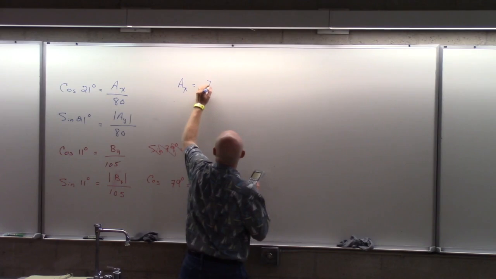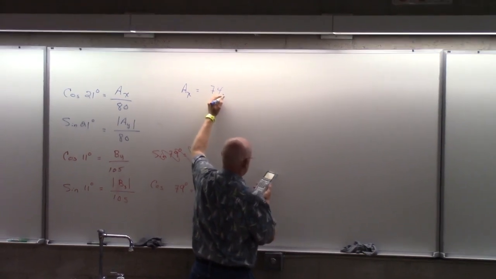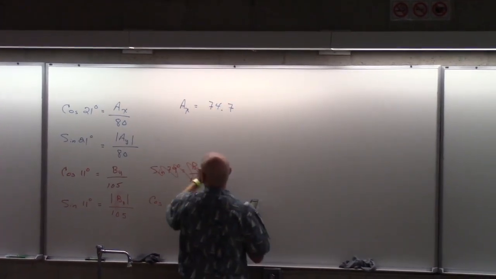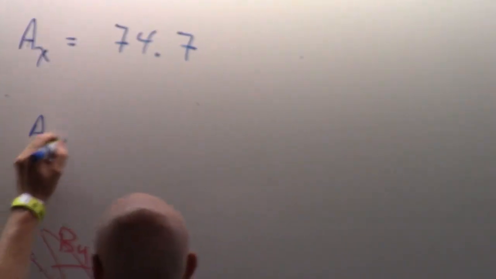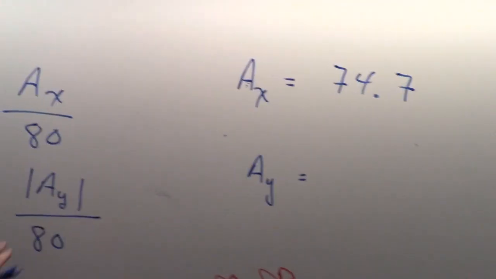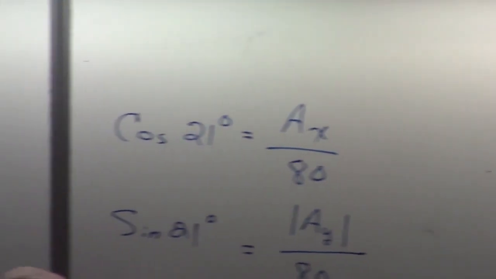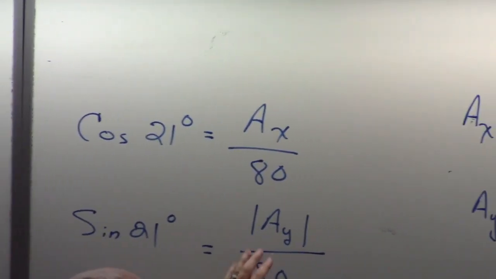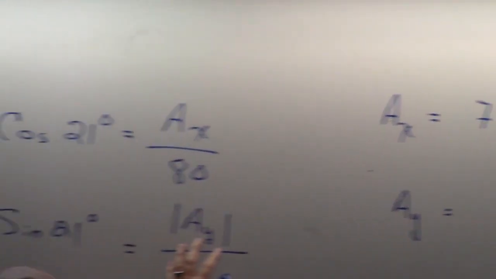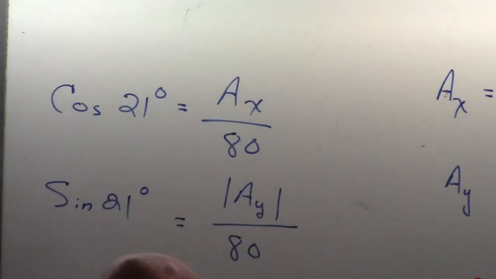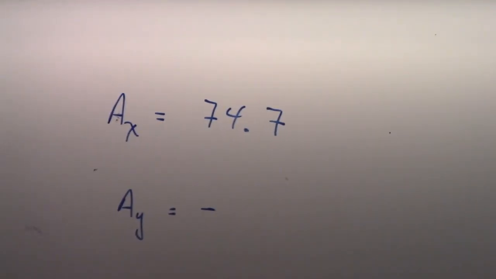So that is 74.7. We could solve for Ay also by taking the sine of 21 and multiplying it by 80. That by itself would give me the absolute value of y, so I'm going to put a negative in myself. It's not on my calculator. I'll put the negative, and that would be